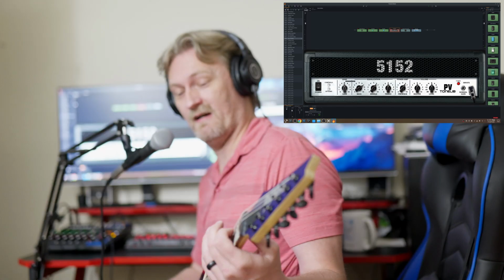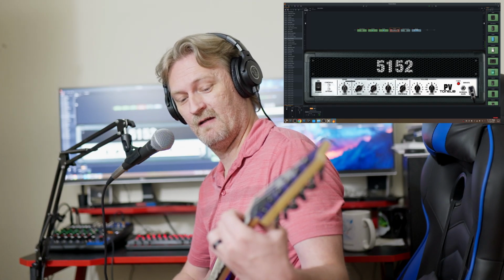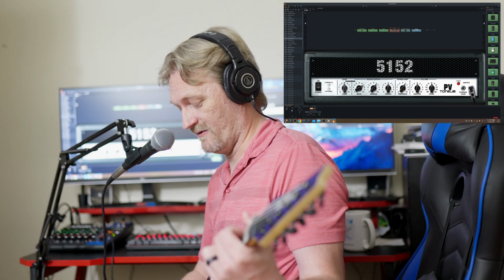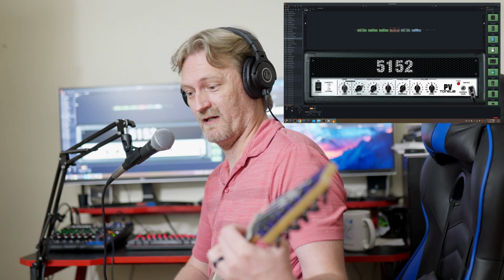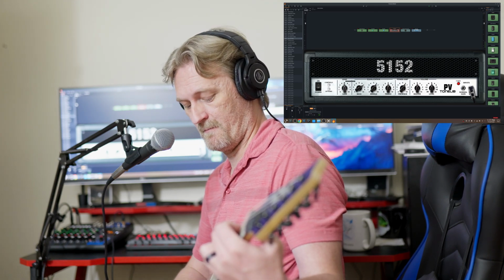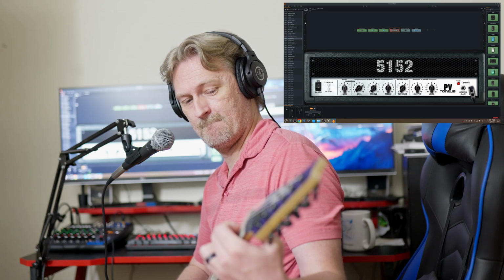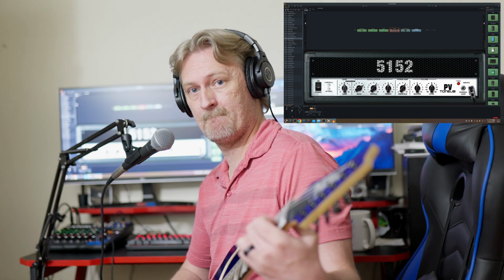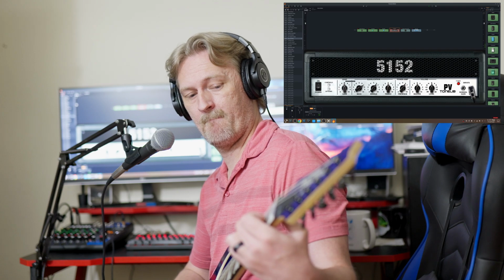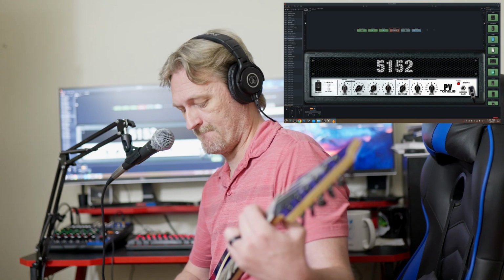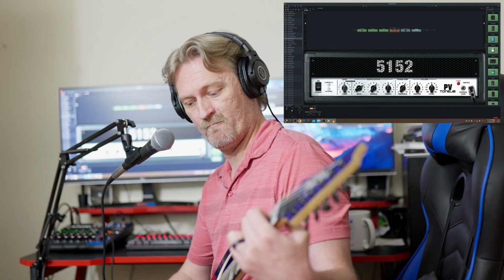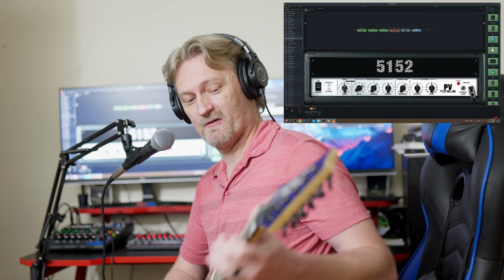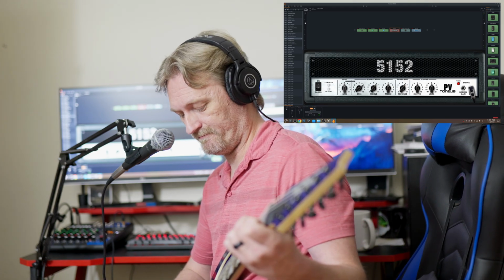Turning the guitar down works better because it does act like a tube amp, so you turn the volume down on the guitar. Not going to play Every Rose Has Its Thorn.